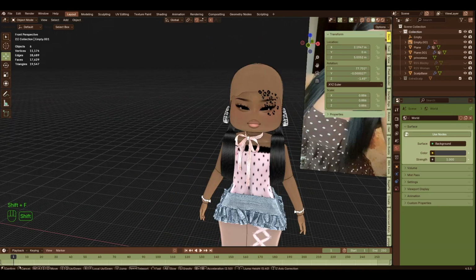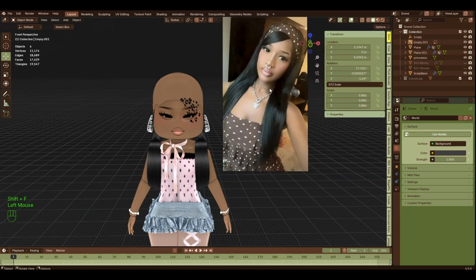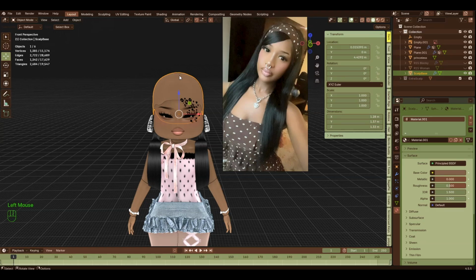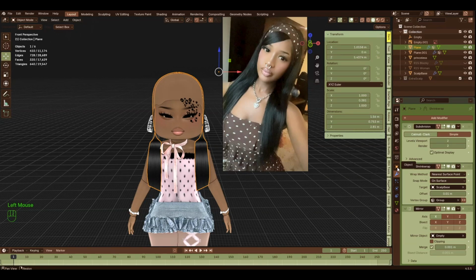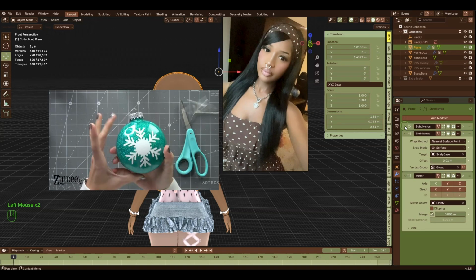So, I'm gonna be showing you guys the Shrinkwrap modifier. What is the Shrinkwrap modifier? It is a modifier in Blender that allows you to match the position of a vertex, an edge, or a face to a reference object. So if you think about it like a sticker or like actual shrink wrap,